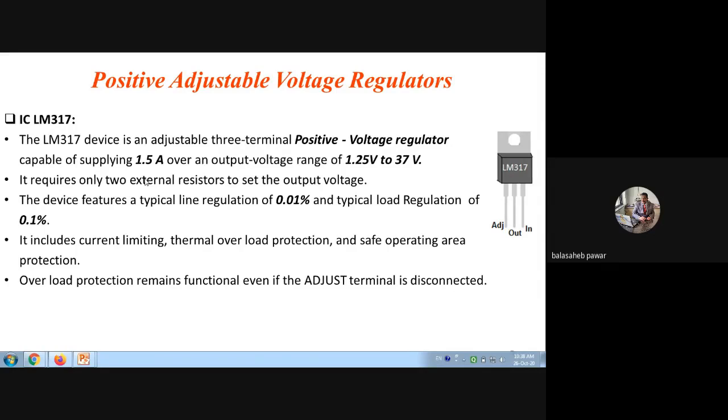How it is to be adjusted, we will discuss later on. But at this stage, just remember its output voltage is adjusted to 10 volts. Okay, and if there is some load, for example a DC motor which is operated by 10 volts, it is rated by the manufacturer of that DC motor, right?